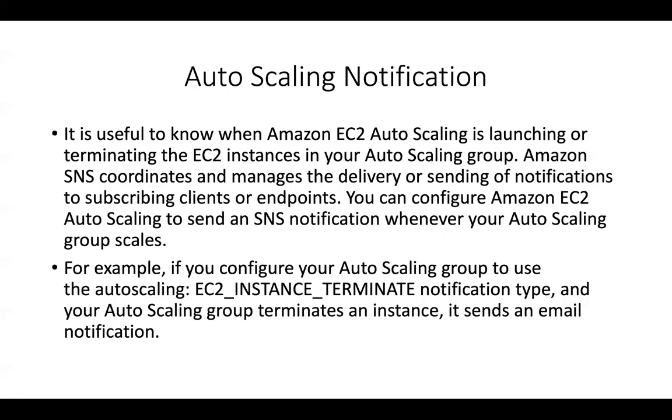Other than that, even when you specify a scaling policy, so when you say that when the CPU utilization is greater than 80% or greater than 70%, you would like to launch some instances, right? Even over there, you can specify an SNS topic and you can get notifications whenever an auto scaling group is scaling out or scaling in. And again, you can get notifications whenever these four events occur: when an instance launches, when an instance terminates, when an instance fails to launch, and when an instance fails to terminate. So you get enough vision into what's happening when you're working with an auto scaling group.